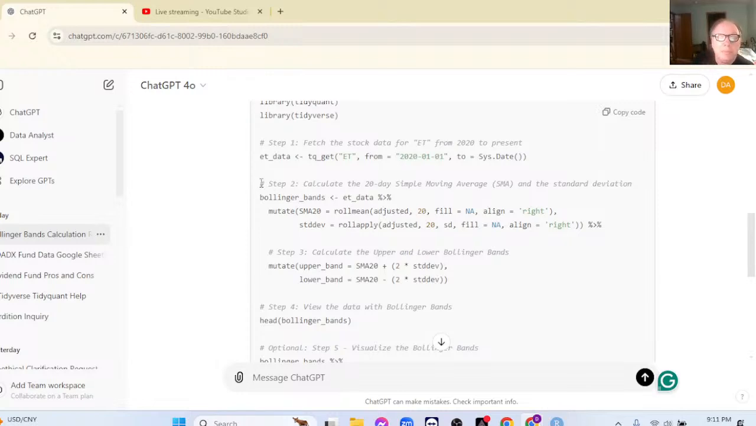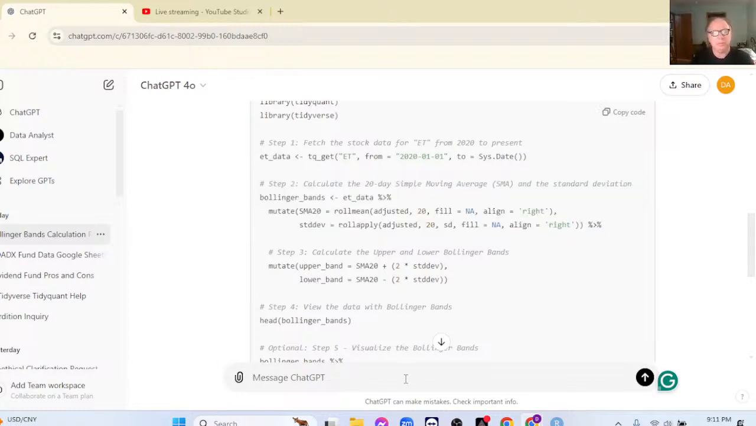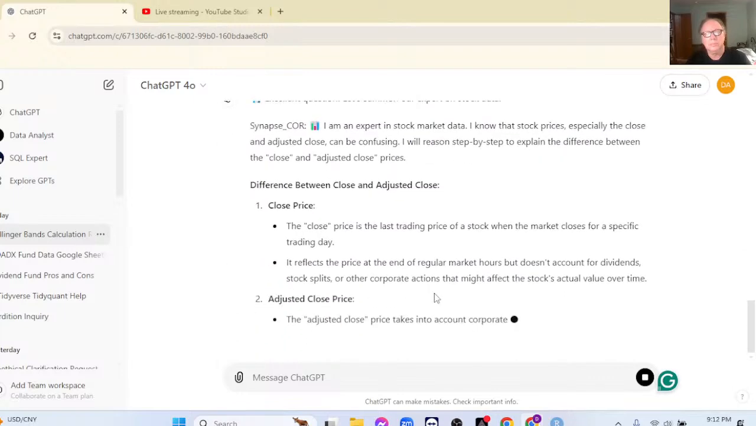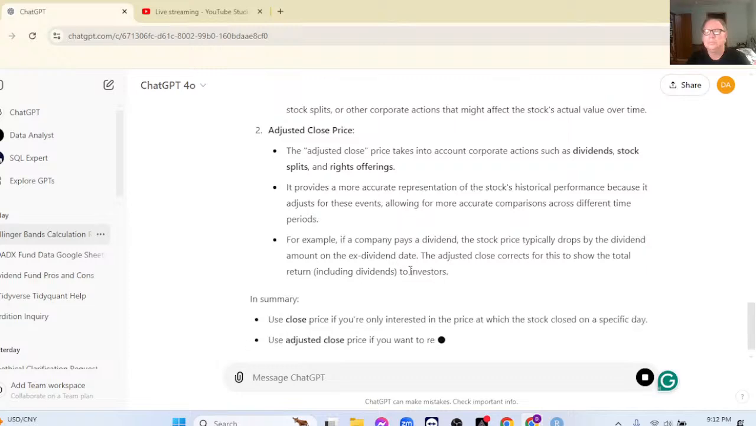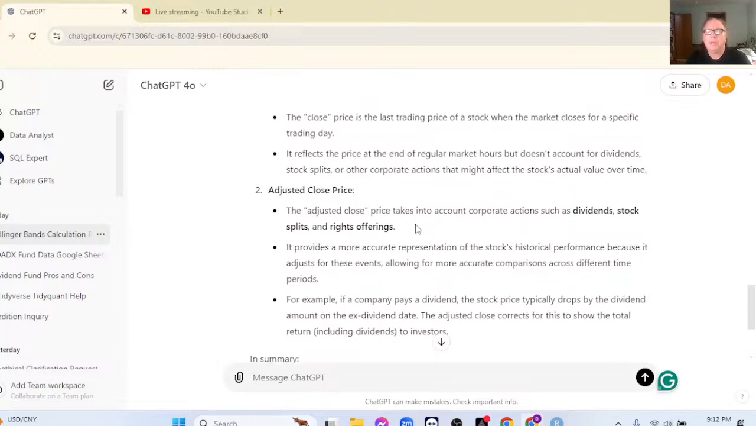So we calculate the adjusted close. That takes into account corporate actions such as dividends, stock splits, and rights offerings. It provides a more accurate representation of a stock's historical performance because it adjusts for those events, allowing for a more accurate comparison across time. For example, if a company pays a dividend and the stock price typically drops by the dividend amount on the ex-dividend date,